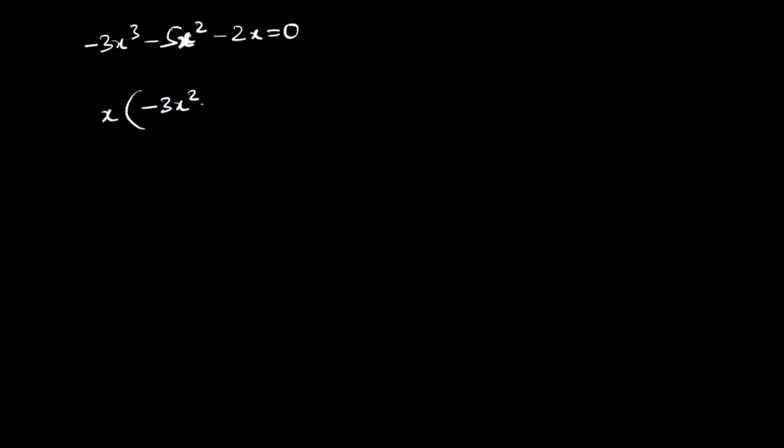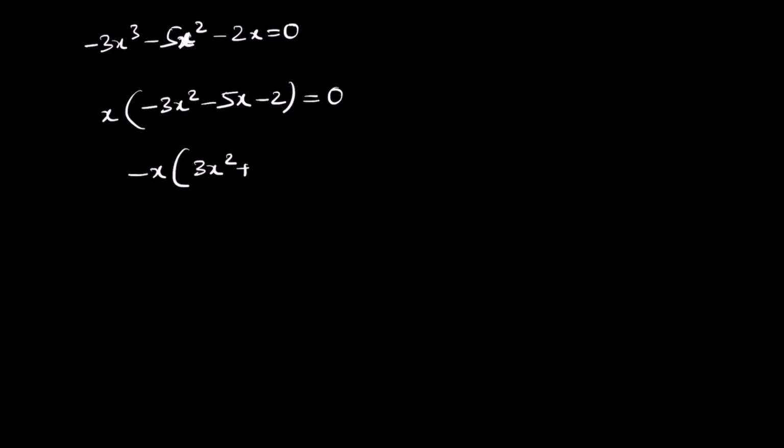So what if we have a little more complex problem? Let's say we have a problem here, minus 3x cube minus 5x square minus 2x equals 0. So notice that this is x cube. This is not a quadratic equation, but you have to check whether anything is common in all of them. So all of them, they have a common x value. So take x out. So now you get minus 3x square minus 5x minus 2 equals 0. Now minus is also common. Take minus also out. So you get minus x common.